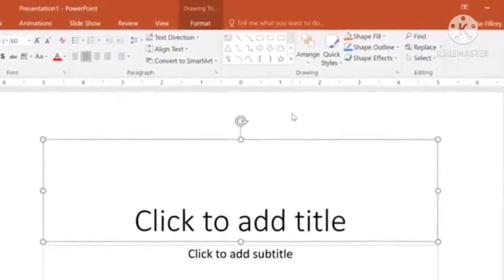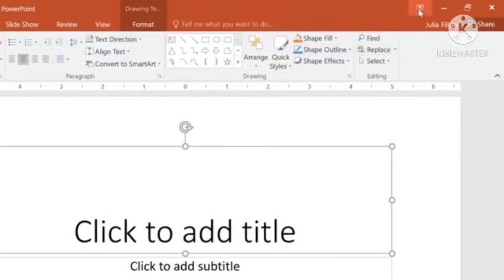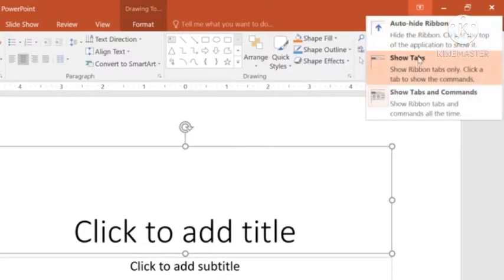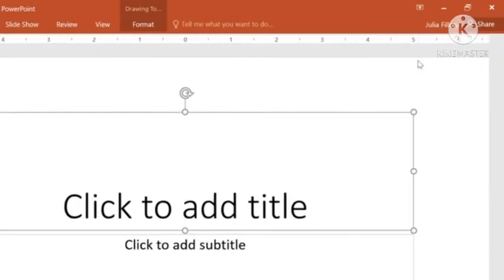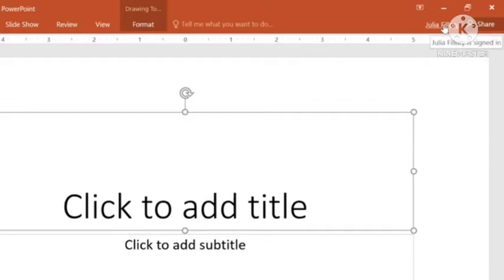You can close it, and in that ribbon different tabs are there. Through these tabs you can open anything.